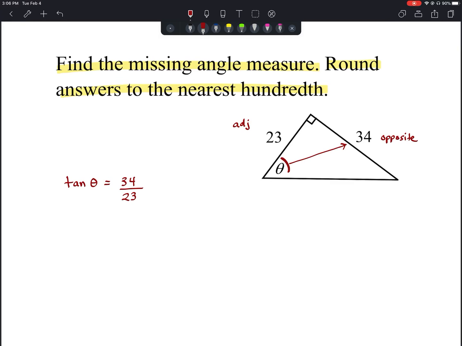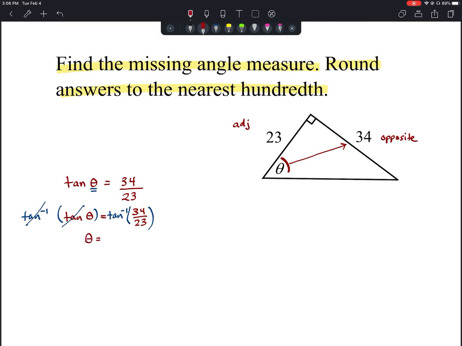And then in order to isolate our theta, our angle here, we're going to have to do the inverse of our tangent function. So it'll probably end up looking something like this. We're going to do the inverse of our tangent function on the left side and on the right side. So our inverse tangent and our tangent will actually end up canceling each other out, leaving us with just theta